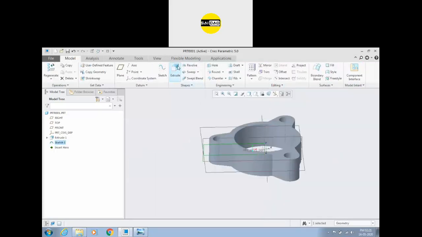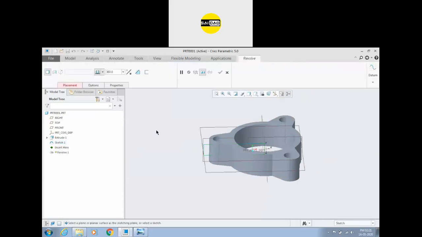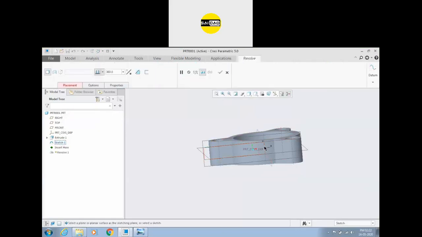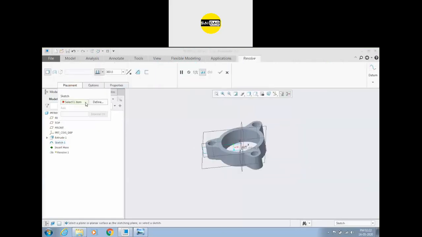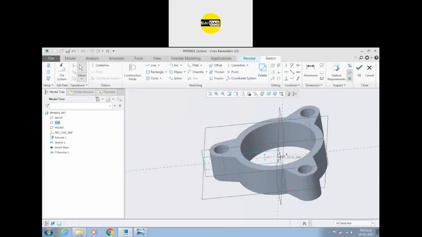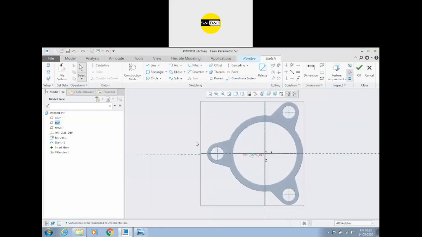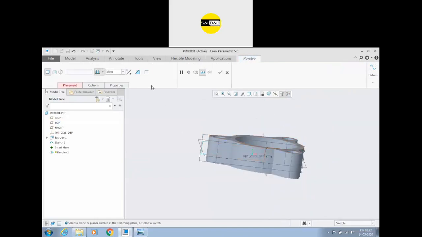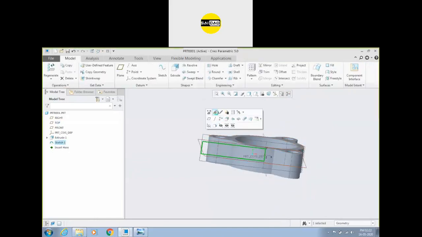So I can just go to the revolve command and select the placement. I have the sketch here. Select revolve, select the center axis. Maybe I have made some mistake in the sketch. I'm going to edit the sketch from here.